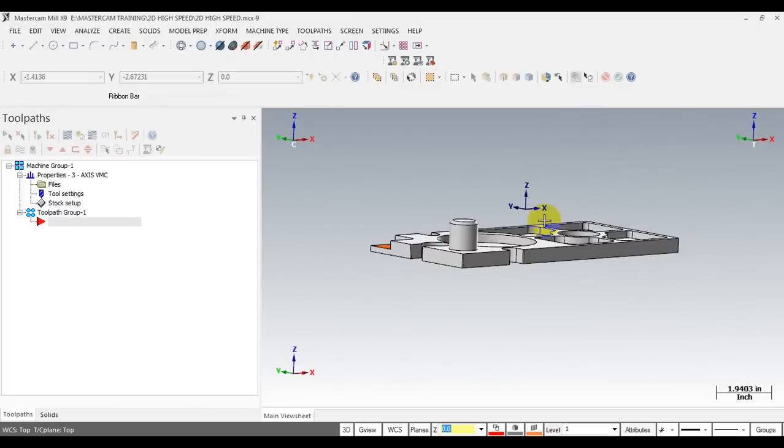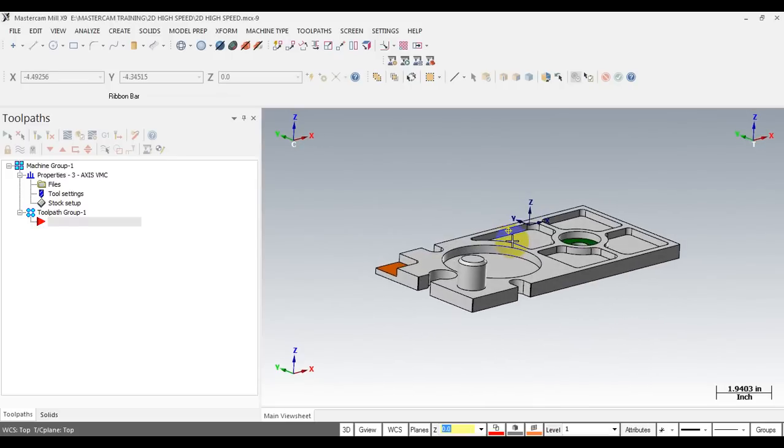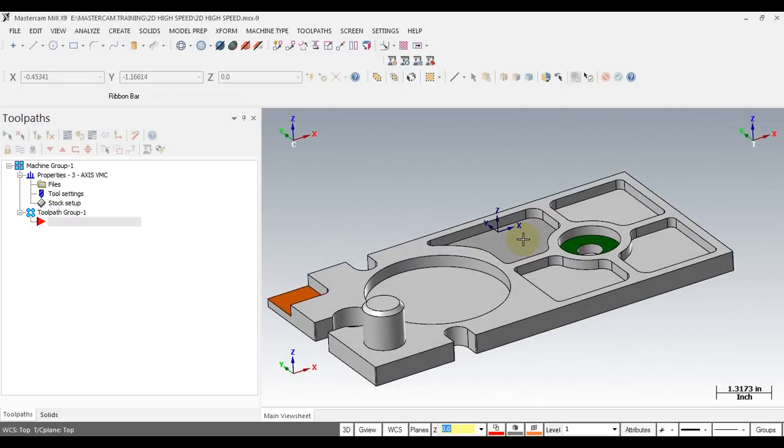So I think it's very good to show you how to use the high-speed toolpath on your part. And in this video, I will talk about the 2D high-speed toolpath. We will talk about the 3D high-speed on another video. Okay,